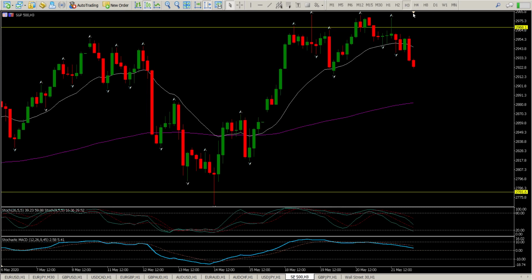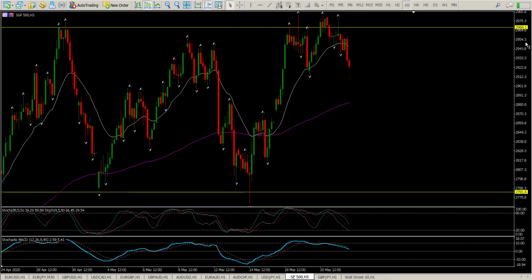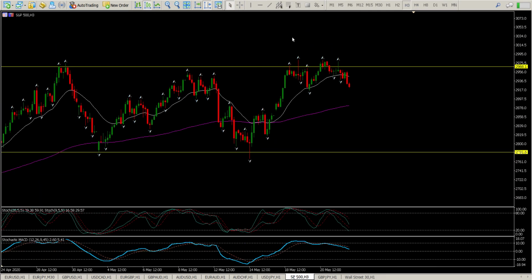If we just break down to the 3 hour, and let's just zoom out a bit. That picture there, well, this picture here, let's just frame it. Take a snapshot if you want. That there is a picture of confusion. And as far as I'm concerned, I have no clue what they're trying to do here. Okay, and I don't think any of the big traders actually know what they want to do here. And I think what